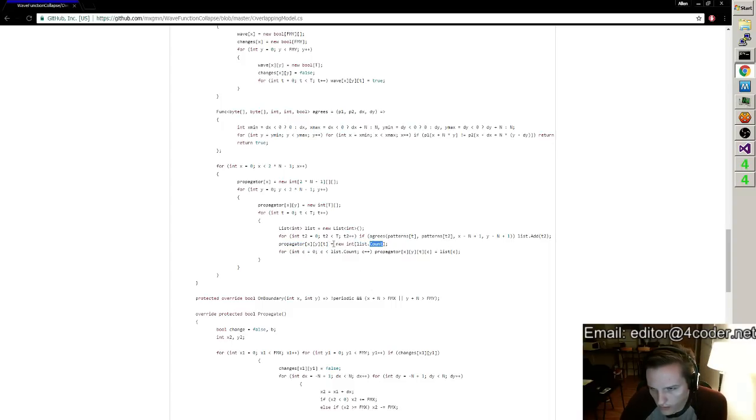Now the other thing they're doing is, once they've done this, they make a list for each one. So instead of doing what I'm thinking, which is you make a matrix of agreement and disagreement, what they actually have is a list, which means every time they want to see if two things agree, they don't just look it up. They go to that spot and say, do these agree at this position or not? The advantage here is probably very few of them agree sometimes, so you have large blocks of 0, and that maybe saves some space, but the disadvantage is that it's going to take a loop every time you want to check if two things